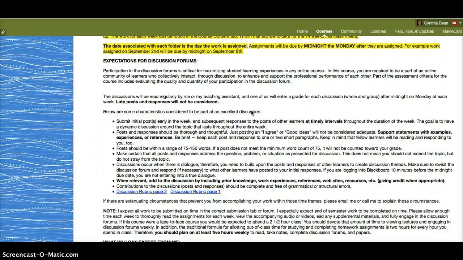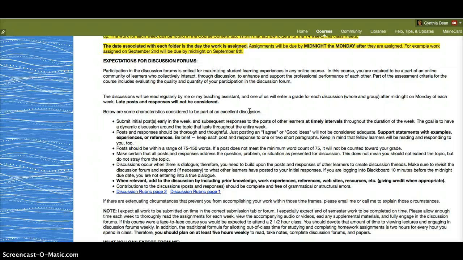I've given you word ranges here in terms of what I expect in a substantial post. I don't want it to be 3 pages long, too much to read, but it's a conversation, and I want to see a substantial conversation. I'll let you read the rest of it, okay? And then it will be scored on a rubric. The rubrics are here. You should be able to open those up and look at those, so you'll see what